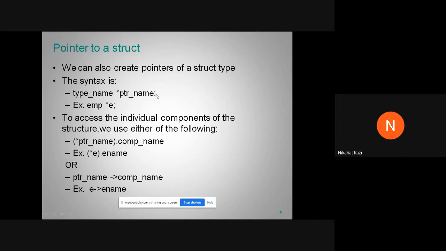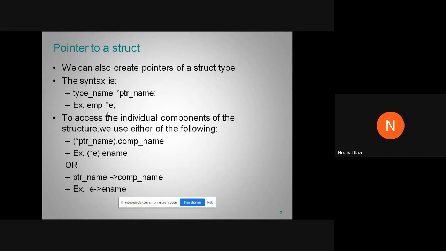Okay, so for example, if emp was a type of the structure, then you use emp star e. So e is a pointer variable of type emp. Now, if you're not using typedef, then you have to use struct emp star e. If you're using typedef, then you can directly use emp star e.